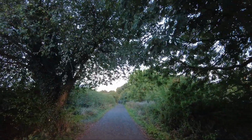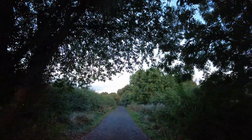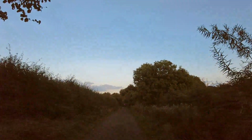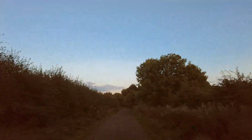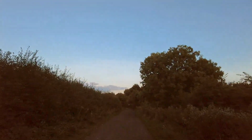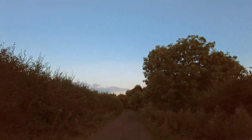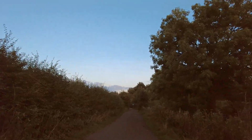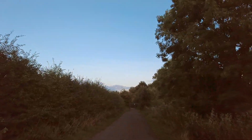Let me show you what I mean. There's fencing up ahead. It looks like it's crossing the path up ahead. I'm not sure. They may just have fenced it round the perimeter of this festival that's going on. Hopefully I can get past it. So